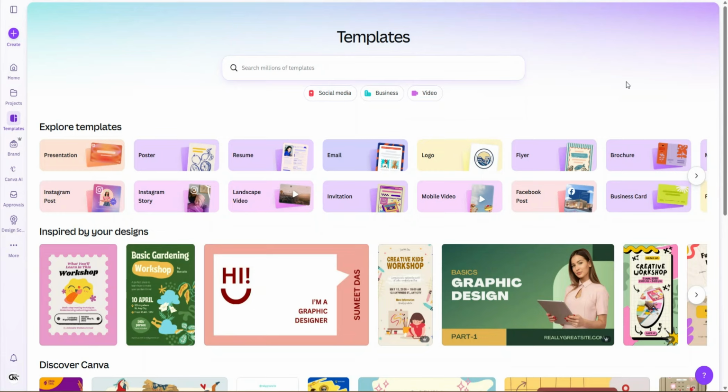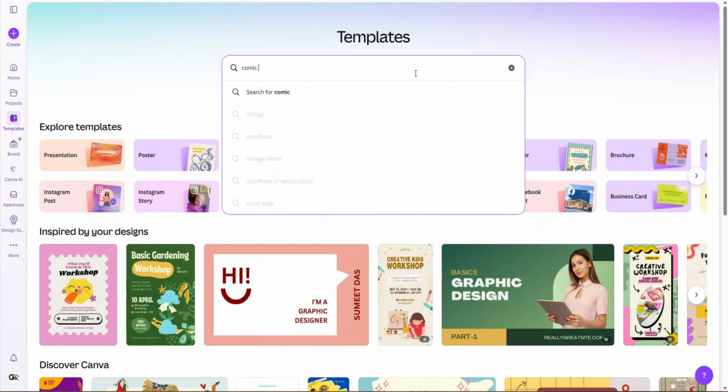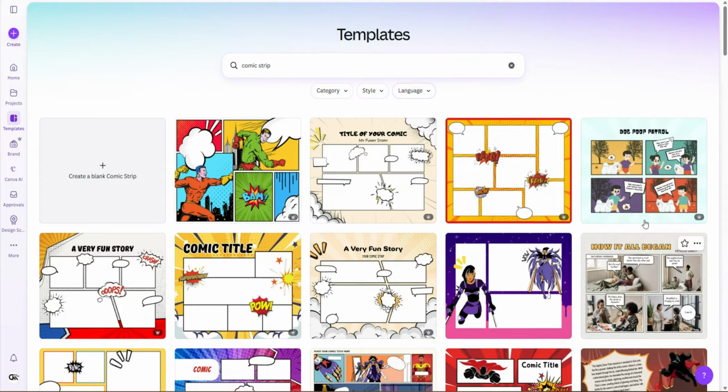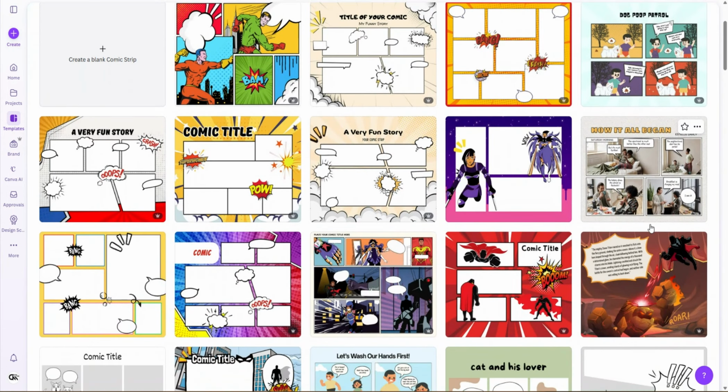In this video, I will be showing you how to make a digital comic strip in Canva. Let's get started. I'll start by clicking into the search bar on the Canva home screen and typing in comic strip to see what's available. While there are many pre-made templates, I'm going to click Create a blank comic strip so I can build a